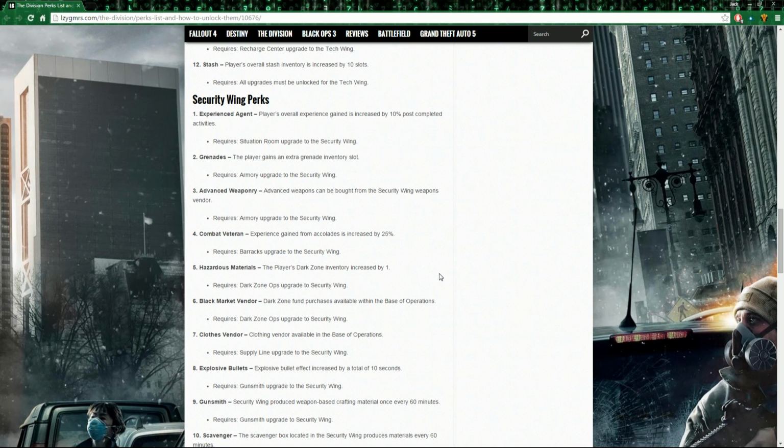Advanced weaponry. Advanced weapons can be bought from the Security Wing weapons vendor. Now, by advanced, does it mean like, oh, we can buy blue and purple items now, or we can buy some high-end weapons now? That's what it just could mean. Or by advanced, does it mean there's some specific kind of unique class of weapon, like advanced future tech weaponry or Division tech weaponry specifically? We're not entirely sure, but I think that's pretty interesting, and you'll be able to buy it in the Security Wing. I personally think it probably just means we're going to be able to buy purples and maybe yellows, high-ends,